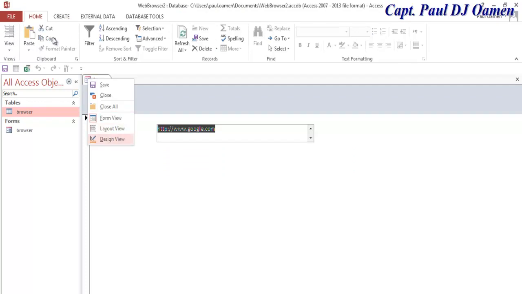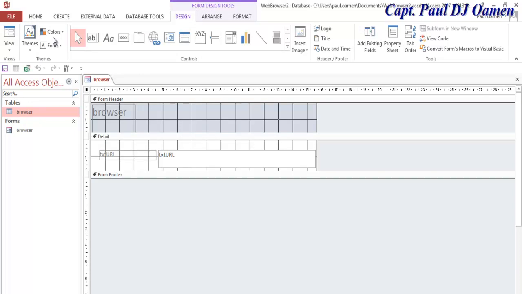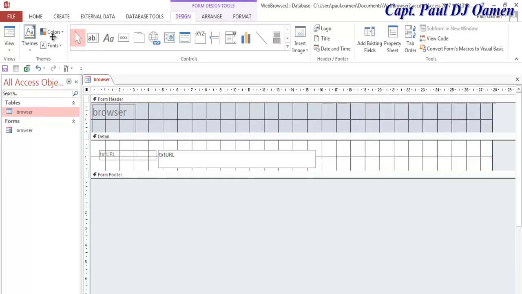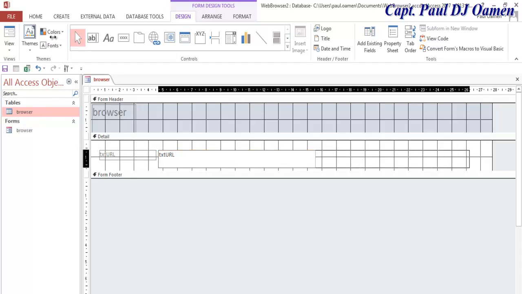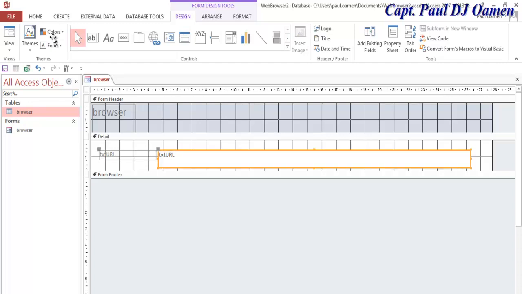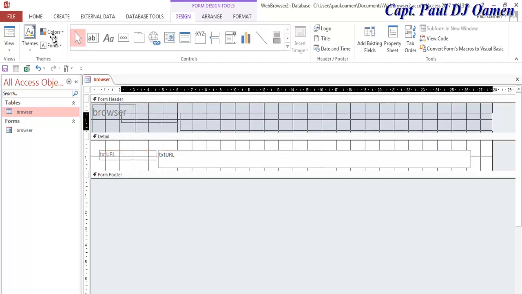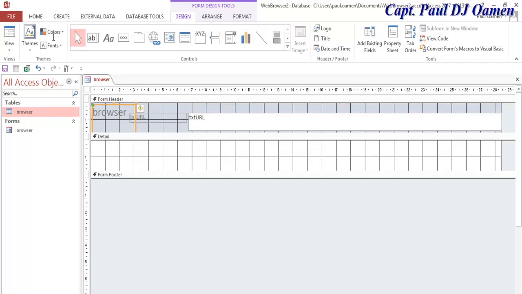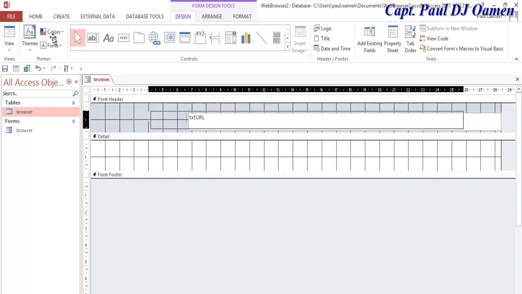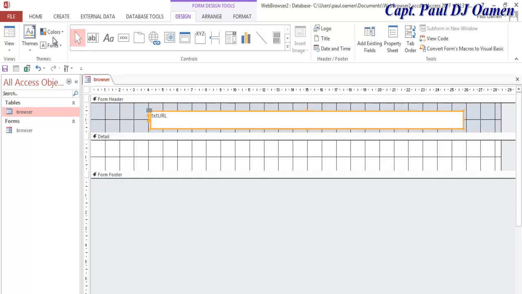So right click up here and go straight into design view. Inside your design view you can just increase the size of this. One thing I intend to do is move this object straight up here, and this very one here I'm going to delete. I don't need that. And this label, just minimize it that much. Grab this, move it somewhere here. Okay,